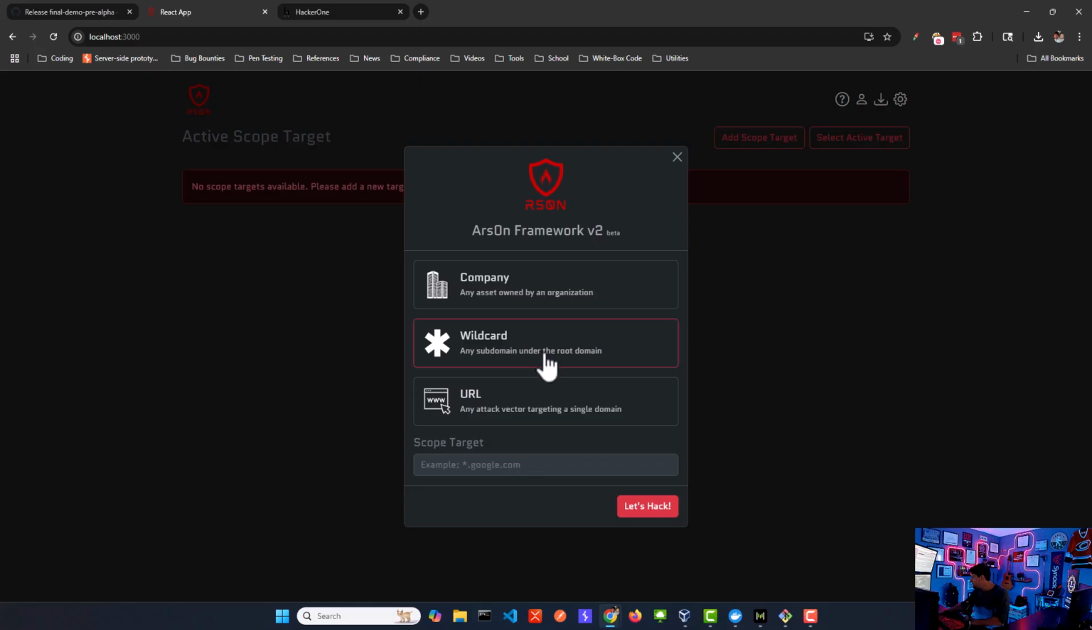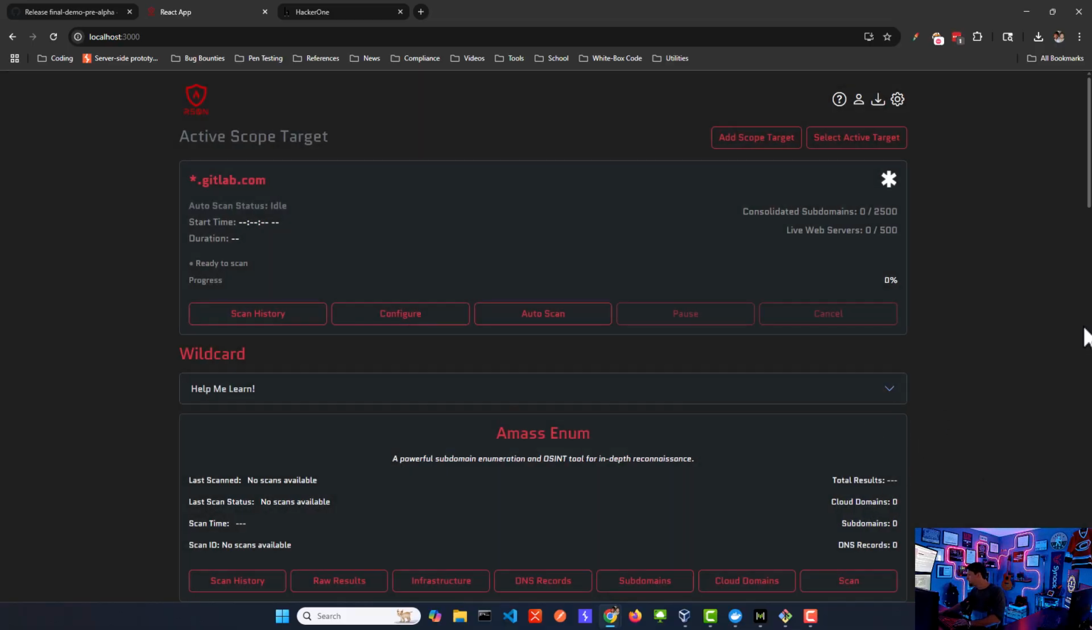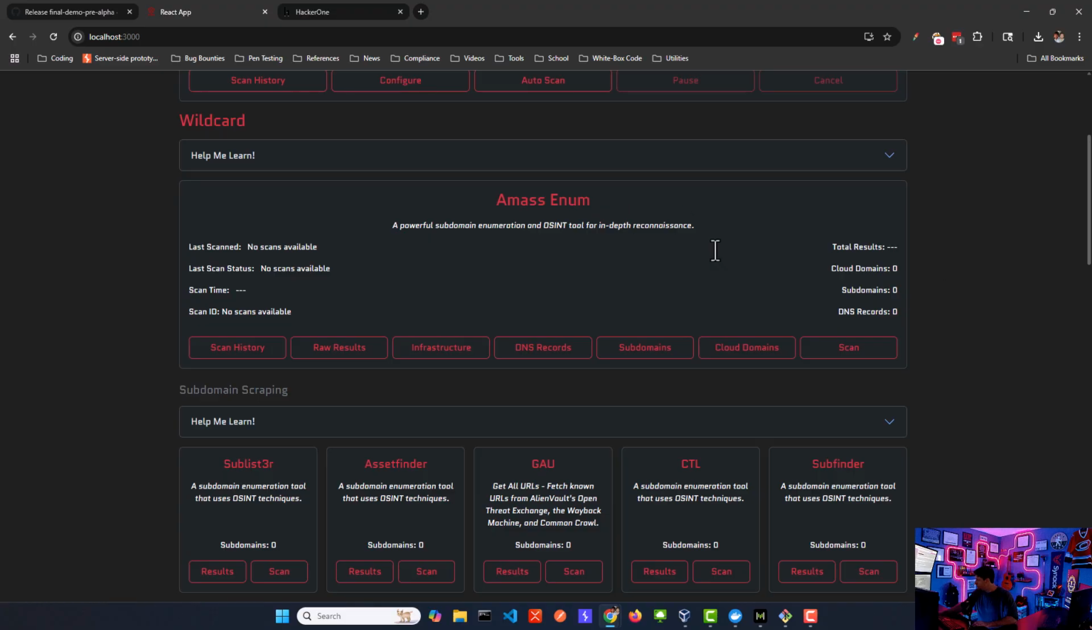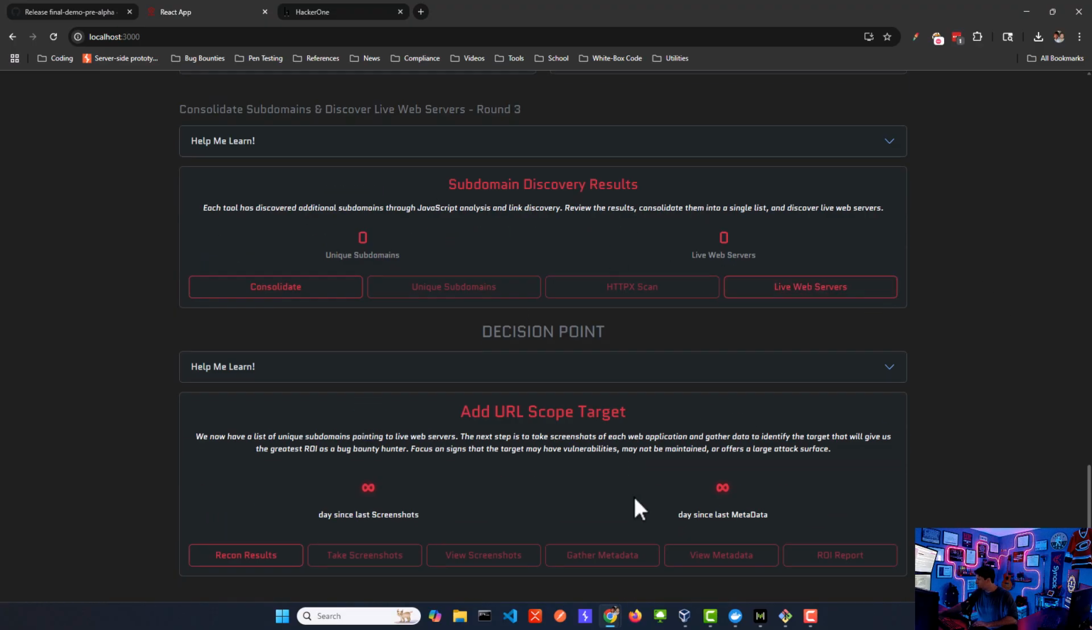Let's go ahead and start with the Wildcard workflow. We're going to look at GitLab a lot today, so I'll go ahead and do star.gitlab.com, just one of their main domains there. Most of this, we go straight to the Wildcard workflow. It should look pretty familiar. Everything down here is going to look the same,